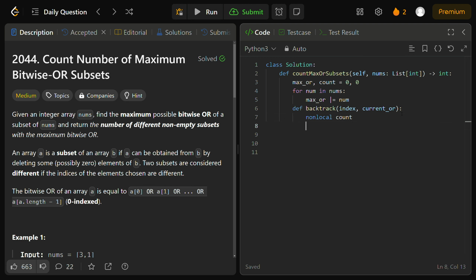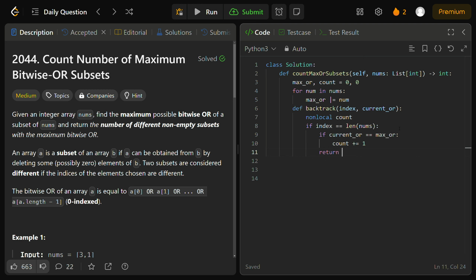So once I do that, now I can have my base case for this recursive function, like I always do for most backtracking problems. In this case, my base case is quite simple. If the index is equal to the length of the nums, that means we've processed all the elements, and if that's the case for any iteration of this recursive function, we can check if the current OR of the current subset we've built so far in this iteration is equal to the maximum OR. Great, we know we've found one more subset that fits our criteria, and we can increment our count by 1. And ultimately, once we complete that base case, we want to return,